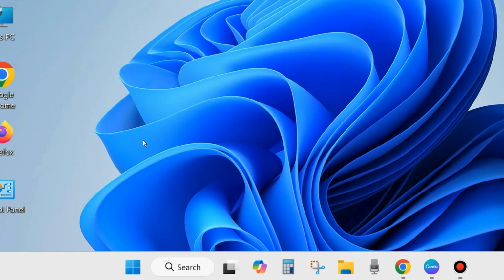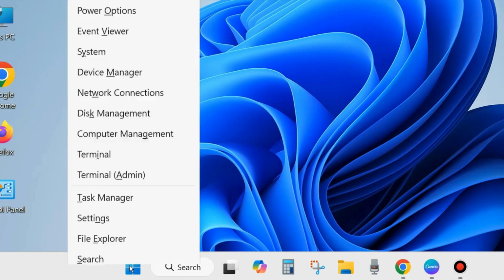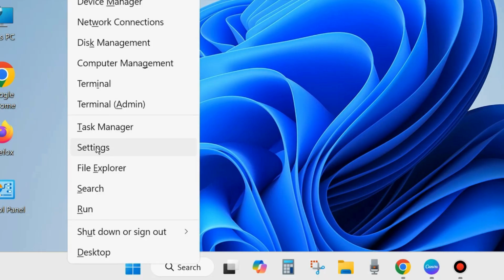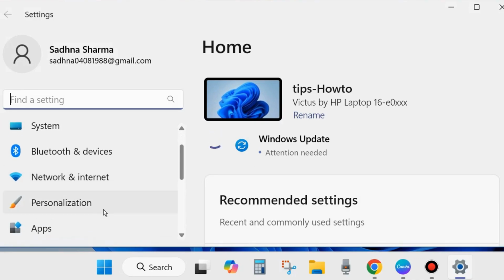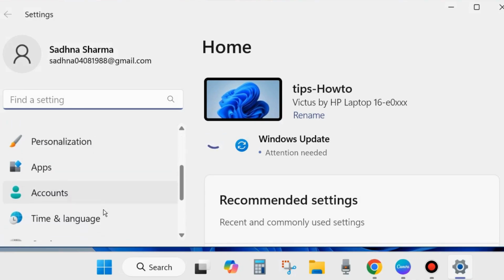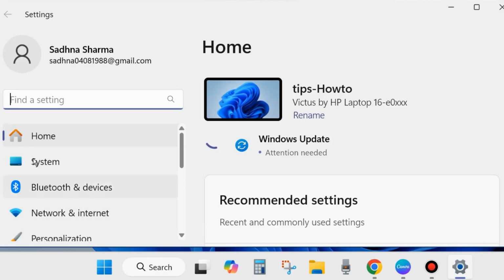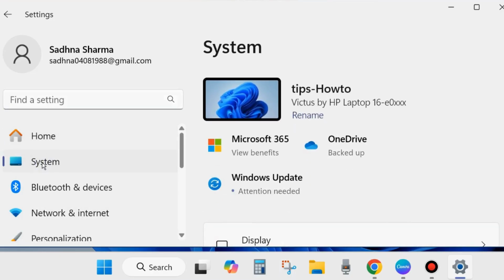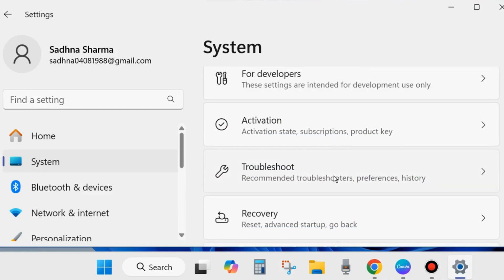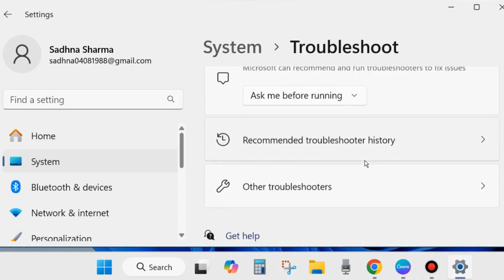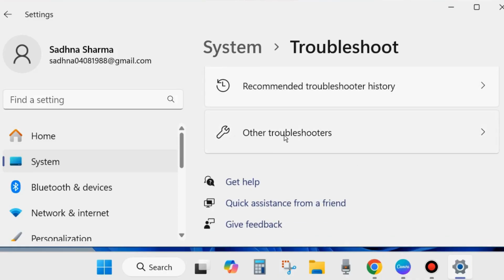Right click on the start button and choose settings. Here from the left side of settings, go to system settings. Here scroll down and look for the option troubleshoot. Click on troubleshoot. Here choose other troubleshooters